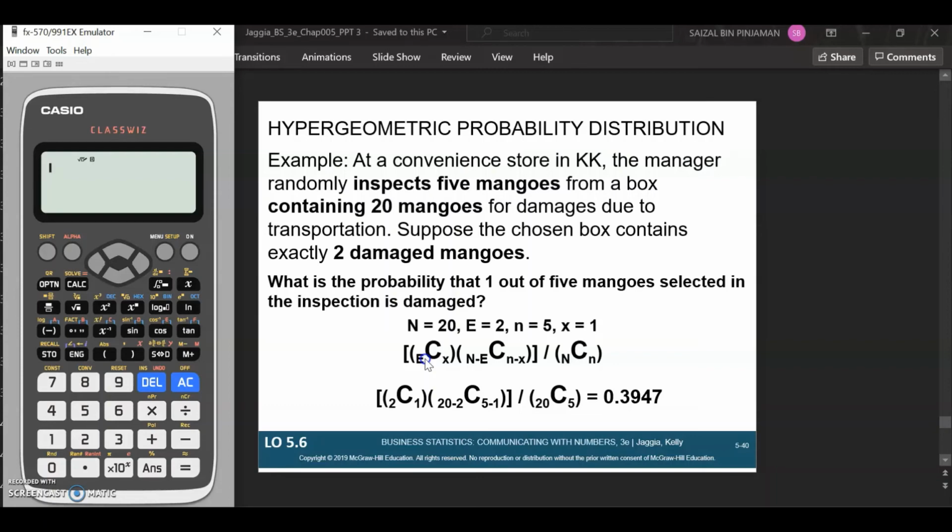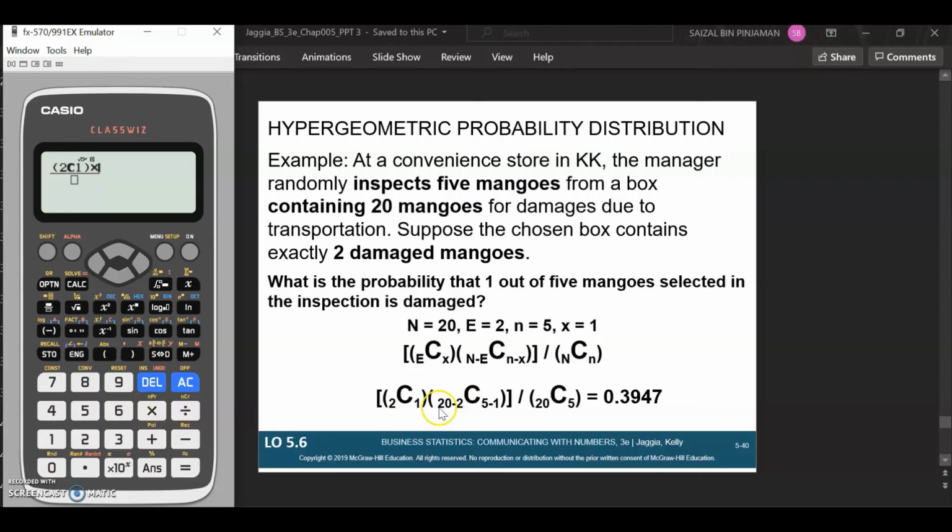So in order to estimate the probability by using the Casio scientific calculator, first thing to do is to press the fraction button. And we go to the numerator at first. Here we have the ECX. E is referring to the number of success based on the population, while X is referring to the number of success based on the sample. So we can use the bracket if we want. So E is equal to 2, press shift, press division, and then press 1, which is the number of success based on the sample. We close the bracket, multiply it with the second component in our